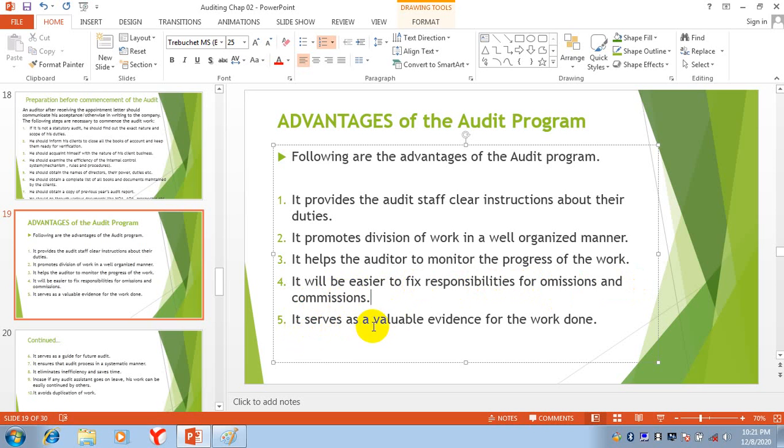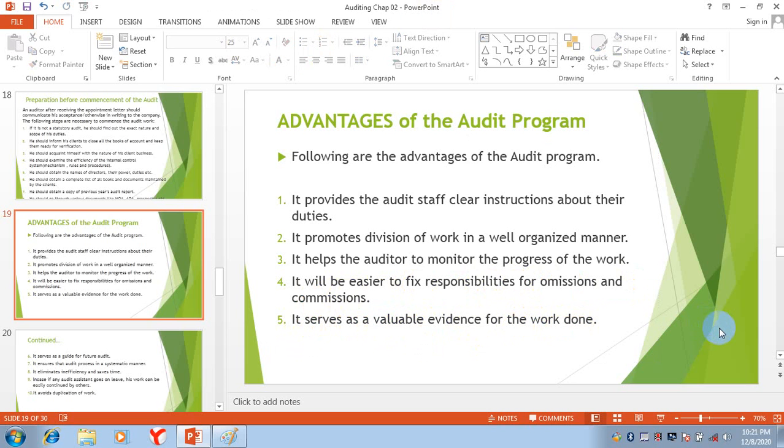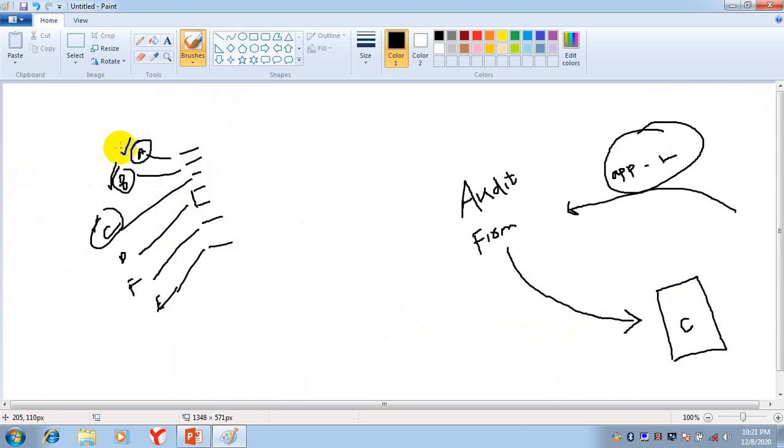It serves as valuable evidence for the work done. Now, this audit program will be valuable evidence for the work done, because I'm checking the progress of each and every person, and the auditor is writing everything that we did: this person did this thing, this person did this thing. So it is evidence that we are doing the audit.